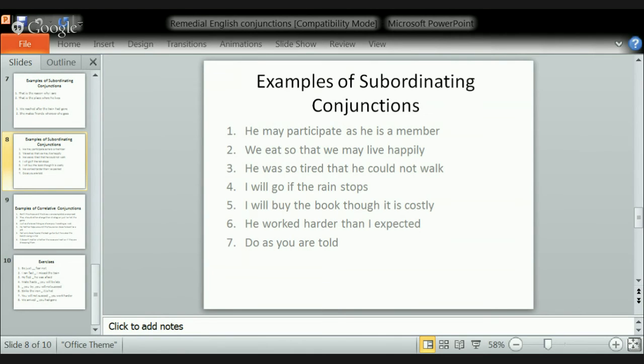The last example of a correlative conjunction is, it doesn't matter whether the roses are fresh or if they are drooping. So point here is that